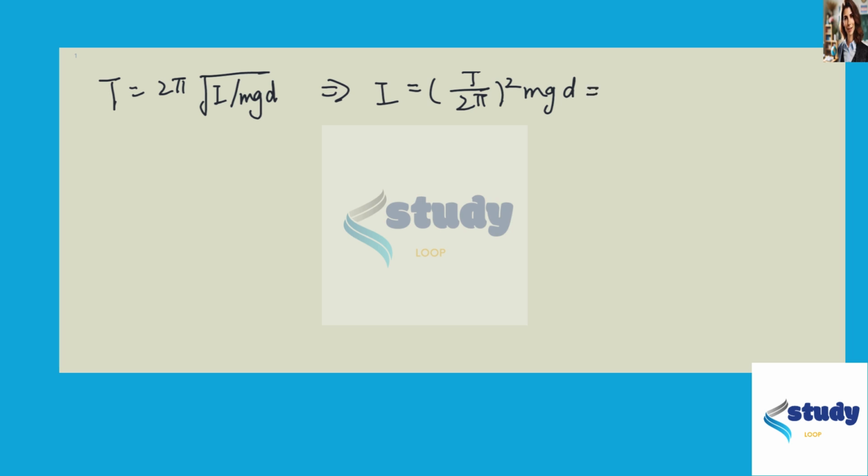Plugging in the numbers, we can get that the moment of inertia is 0.0987 kilogram meter squared. That's for question A. For question B, so